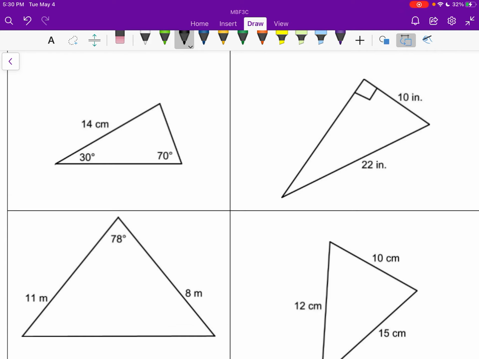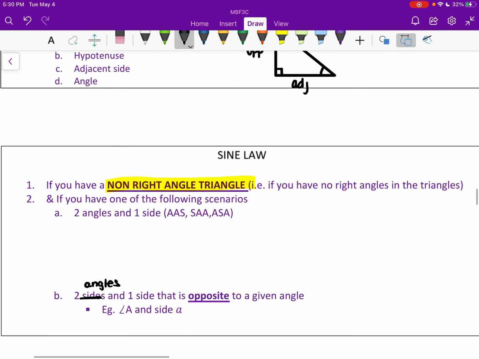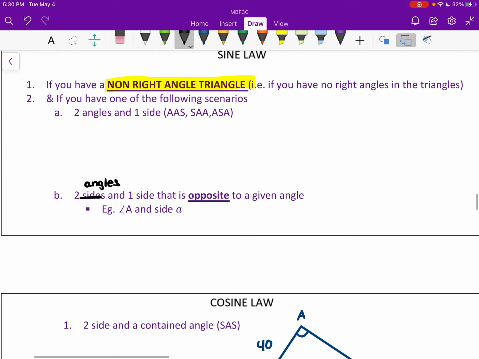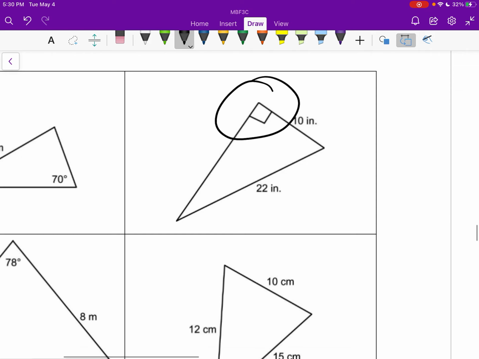method we would use. So in this situation, right, you're given a side and you're given its corresponding angle, and then you're given one angle here, right? You have two angles, one side, you can use sine law, right? If you go back and you look at this, it says right here, if you're given two angles and one side, you can use sine law. Simple, easy peasy. Here, it's a right angle triangle, so you can use SOHCAHTOA